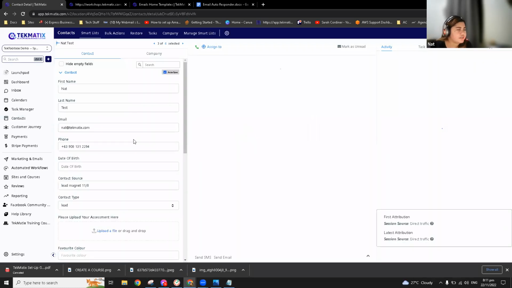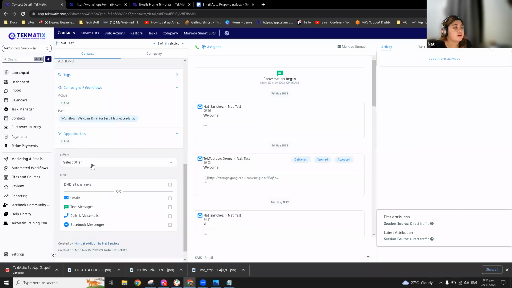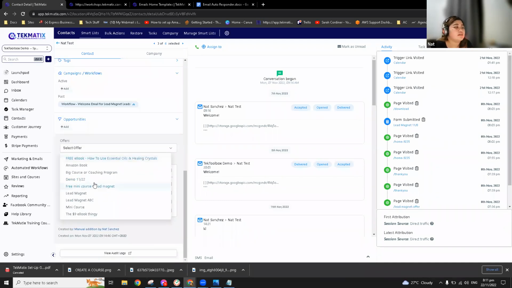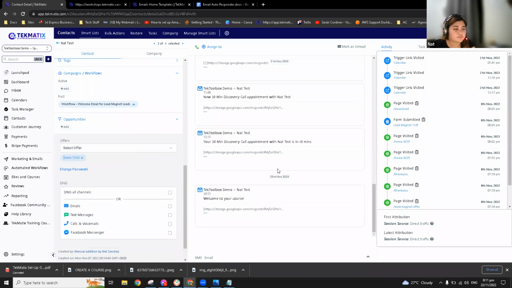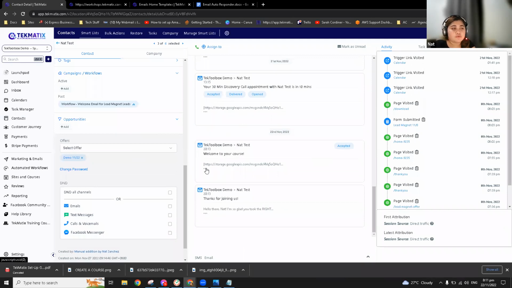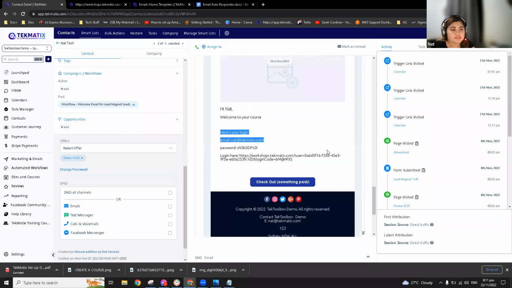Under the contact card, you will see this offer. Click on the drop down and you can directly give them access using this method. So that's 3 ways you can give access to a specific offer. As you can see, I already got the welcome sequence with all the login details here. So that's how you can do it.